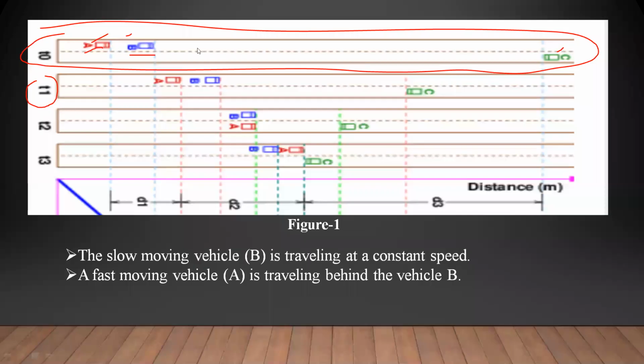So I was discussing T1. All the vehicles may not move at the same speed. That is not possible. So the vehicles will be moving at a higher speed or at slower speed. That's why we need to consider the overtaking side distance, because we are in mixed traffic and each vehicle moves at a different speed. So moving to the next, after T1 we can see T2. So what happens in T2? You can see